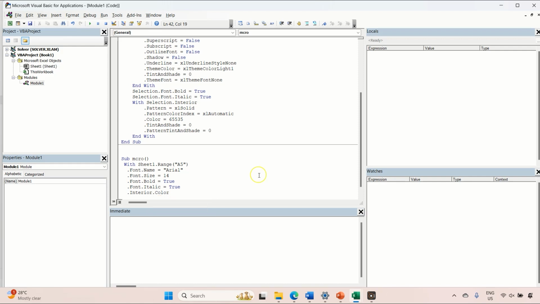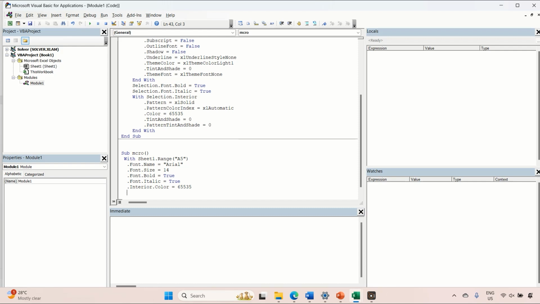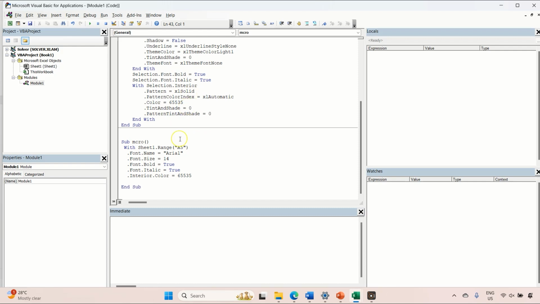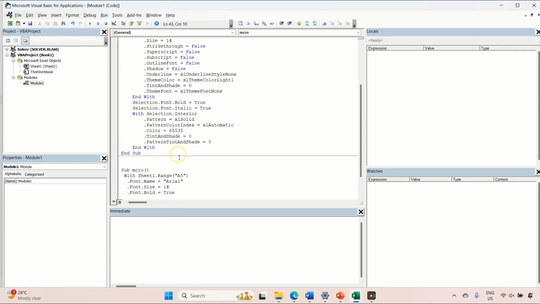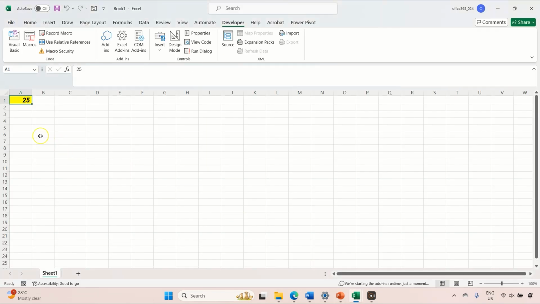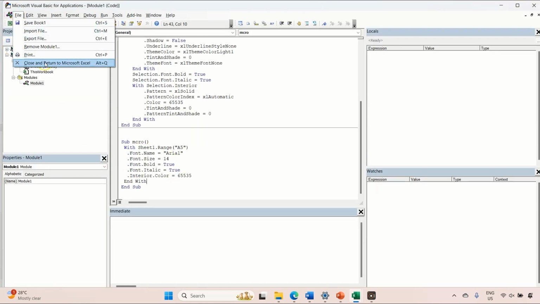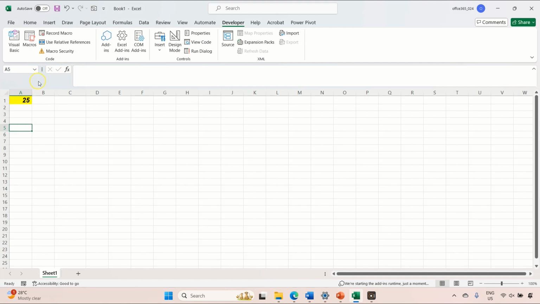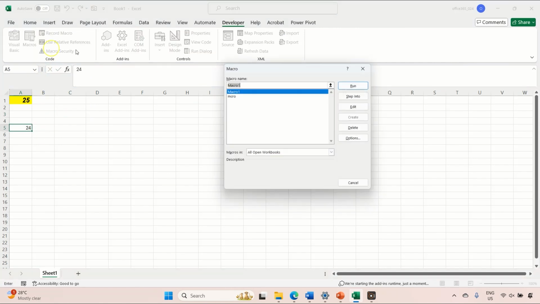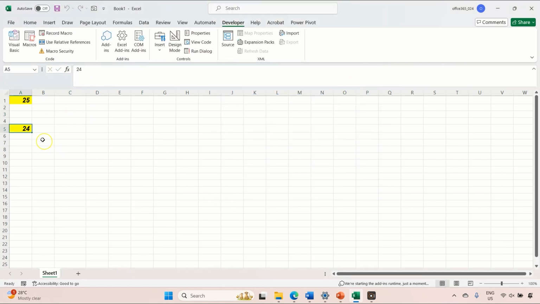dot Color equals 65535. This is the color that corresponds to the color yellow, I suppose. Okay, then I'm just going to close the With statement. Okay, and that's all. Okay, and I'm translating onto Range A5, into a different Range A5 now. Okay, so close the VB editor. I'm going to put some values, and then I'm going to get the macro and run it. And look at it,